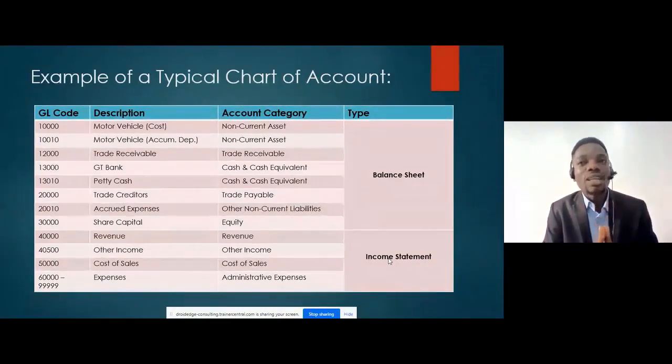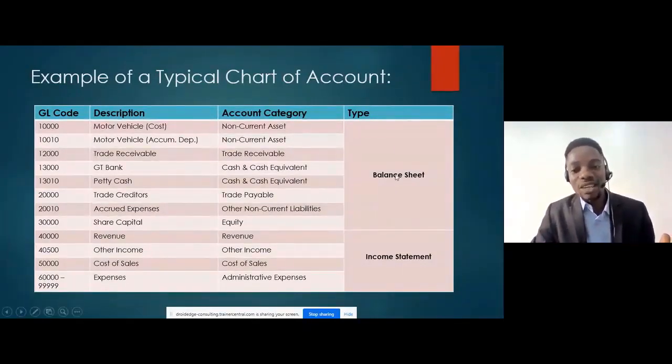In charting an account or in creating a chart of accounts, right? You need to divide your accounts into balance sheet and income statement. That's the very first thing, right? And once you do that, you need to be able to say, okay, based on the codes, in some companies they have their ledger codes length